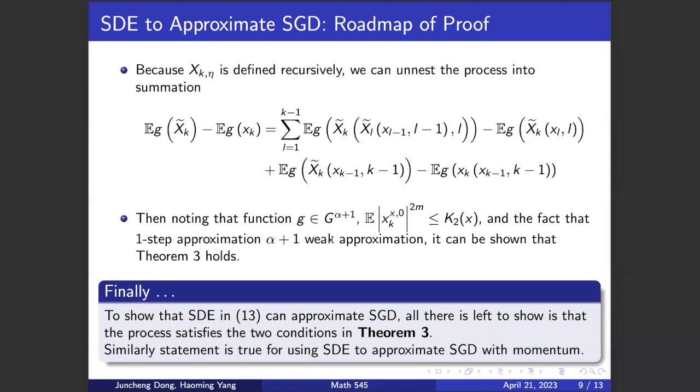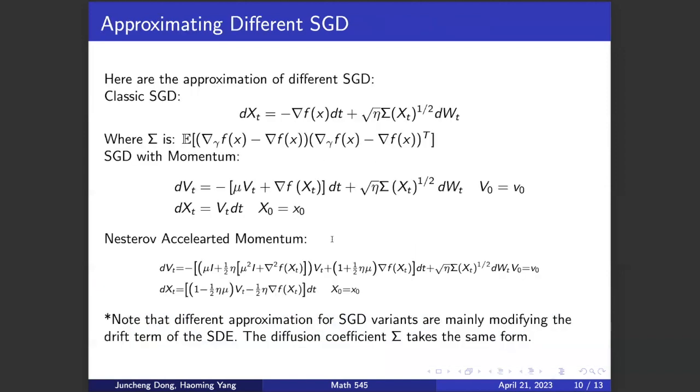And a similar statement can also be used for SDEs to approximate stochastic gradient descent with momentum. So to approximate different SGDs, we start with classic SGD, which we approximate by using dX_t equals the negative gradient of f of x dt plus some diffusion term. And note that the f of x here is essentially the loss function we have in the optimization scenario. Sigma is the expected value of the gradient of gamma f of x, subtracting from the gradient of f of x, multiplied with its transpose. And gamma here stands for mini batches or the IID samples taken from the population